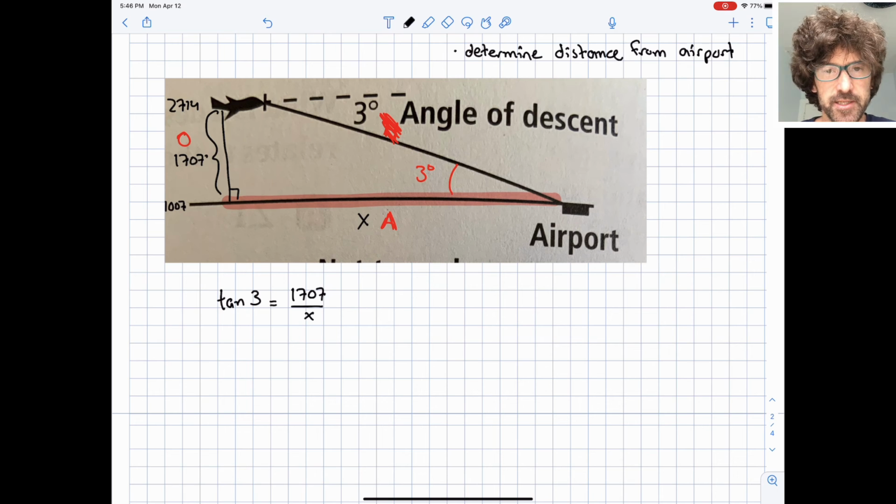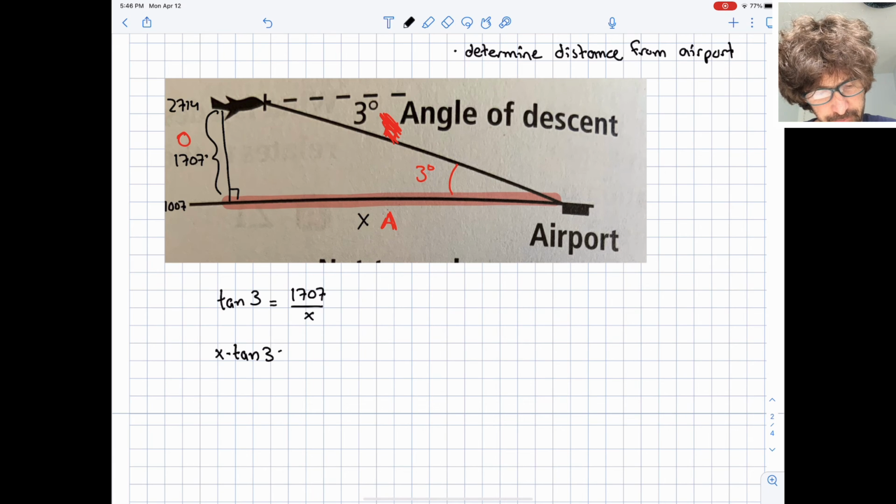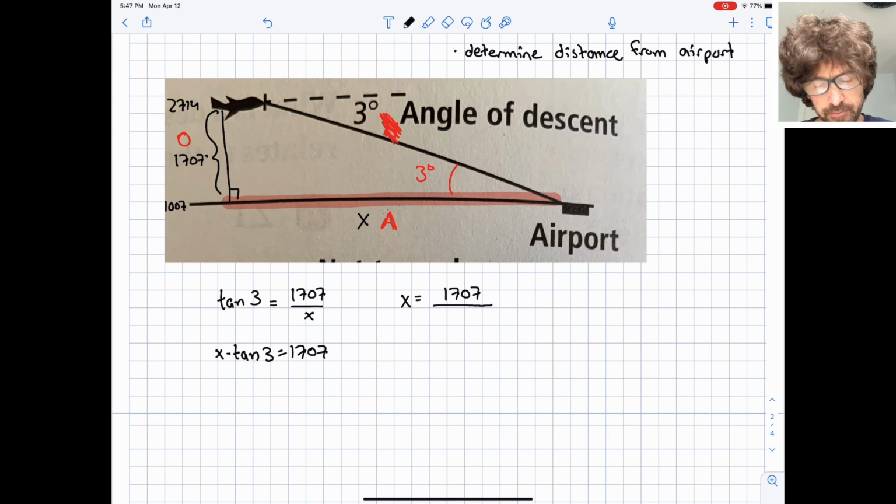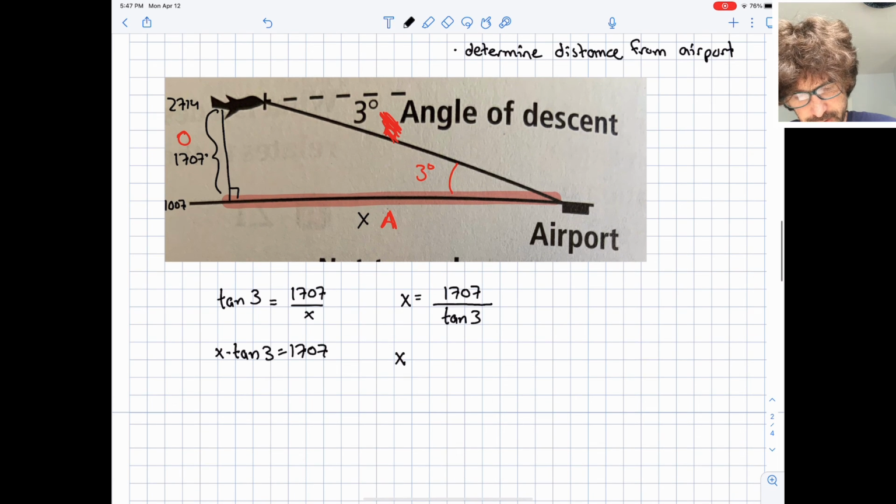Okay, we'll multiply both sides by x to get it up and out of the denominator. And then what we need to do is divide both sides by the tangent of 3 to isolate for x. And again, I suggest you do all this algebra before you go to your calculator, and then just go to your calculator once at the very end so you don't have to do any rounding until the very, very final answer. So that looks like what we need to get into our calculator, and let's go ahead and do it. 1707 divided by the tangent of 3, and I get x is equal to